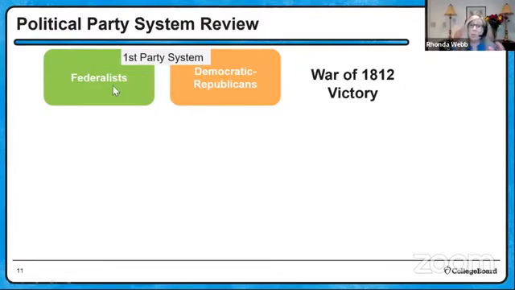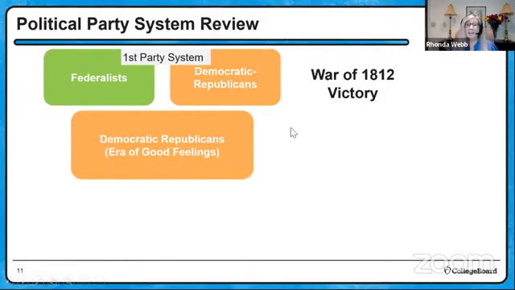The Federalists, who were more aligned with the British, didn't want to go to war with the British because they're our main trade partner. So they were opposed to this war that ended up being really, really popular. So there was the Hartford Convention, and you may remember some of those topics from your class. But bottom line, after the War of 1812, the Federalist Party basically collapses. And all we have is more unity over the connection of the United States, and we call it the Era of Good Feelings. And there's really just one political party.